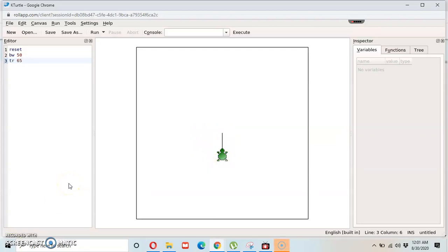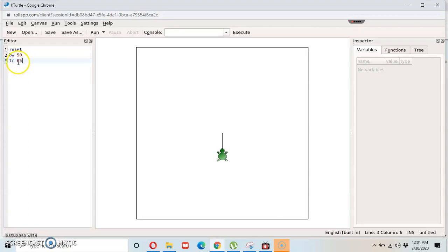Turn right command. The turn right command turns the head of the turtle towards the right. While turning, the turtle rotates but stays at the same position. The short form of turn right is TR. To turn the turtle to the right, the first step is type TR in the editor pane, then give a space bar, and the third step is write down the number of degrees.